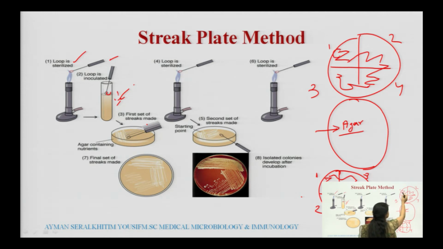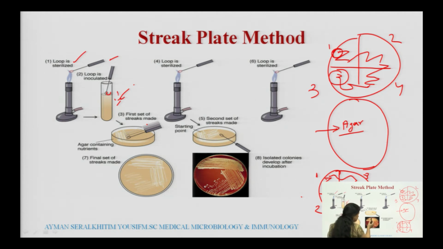Here you will have a number of microorganisms when you put the loop, but as it moves from one part to the other, and from that to the next, we will get a colony which will have a single microorganism, not a number of microorganisms. The mixed culture was there. When we take a loopful of mixed culture and spread it on the Petri plate, this type of colonies you will obtain.